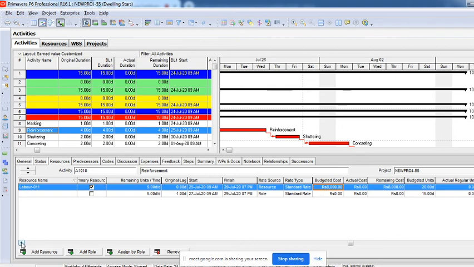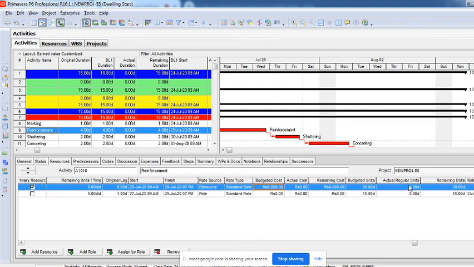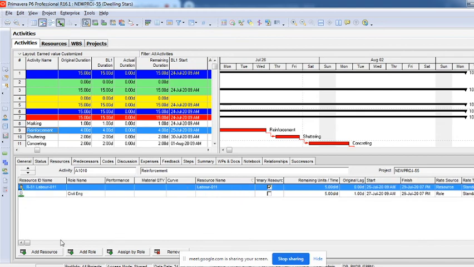Or for all the 4 days, sorry, it's 400 rupees per day, right? So we have 5 labors per day, so in that way it is 8,000 rupees, right? So you can see that we have totally 20 units to be completed. Actuals are 0, because we haven't updated this project, we haven't executed this project, so everything is just a plan. So actuals are 0 right now.